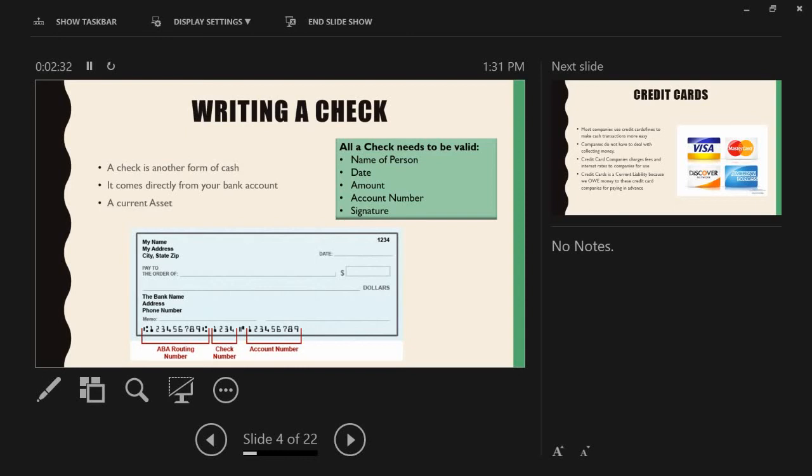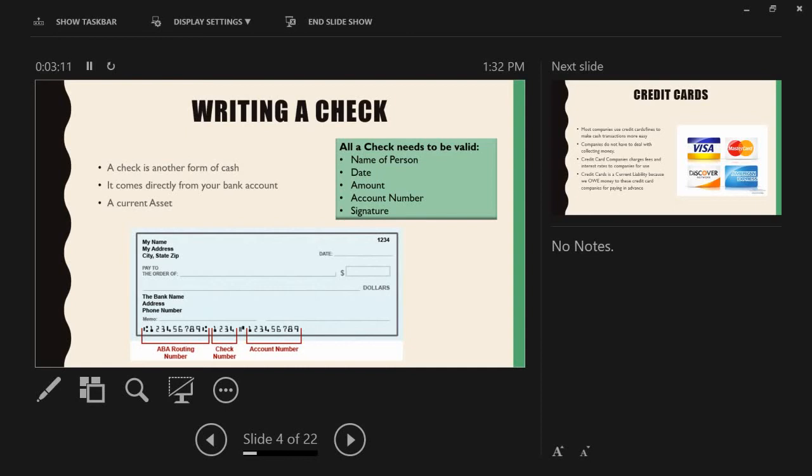The only thing that you can customize when you're looking at a check is if you have those fancy banks that allow you to upload photos; the only thing that would be different is your background. But for most general cases, a check is going to look exactly like this. You're going to have your account number at the bottom, the date at the top, the amount, the payee, and the signature at the bottom right corner, right? This is a standardized check, okay? And you cannot change it, because if you miss one of those pieces of information,